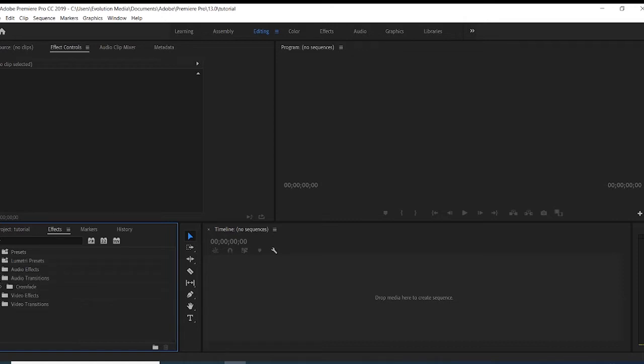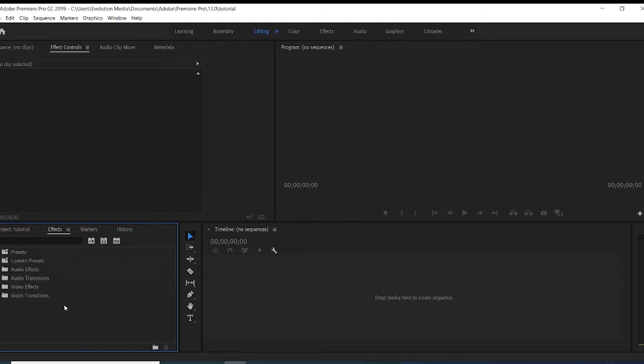We have audio transition or crossfade. Most times with audio transition, there's not much transition you can put to your audio. We just have these three major ones. We will use one of them very soon. And then you have your video effects, maybe adjust, blur, channel, color correction, distort, and whatever it is that you want. And then we have video transitions as well. So we'll be using some of them as we progress in this tutorial.